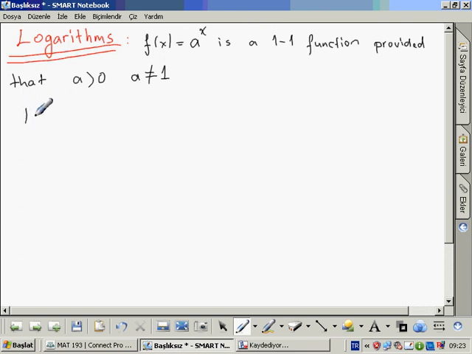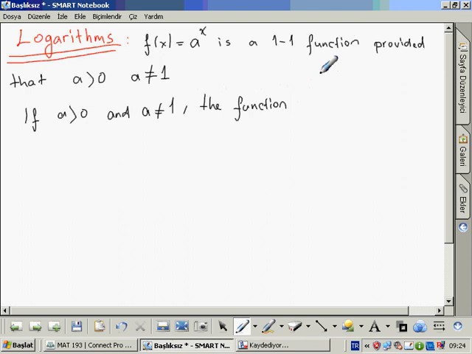So if a is larger than 0 and a does not equal 1,